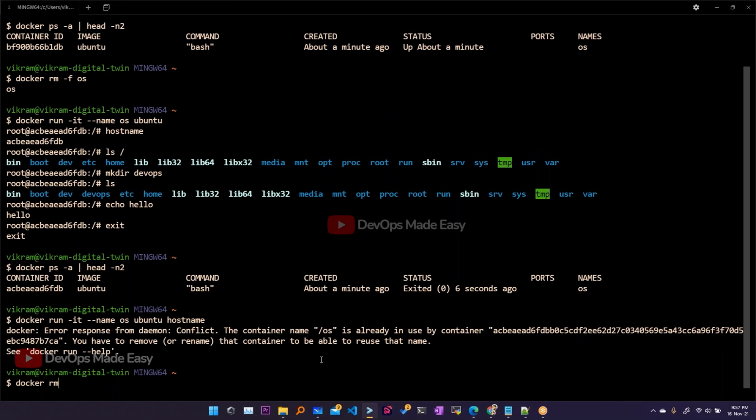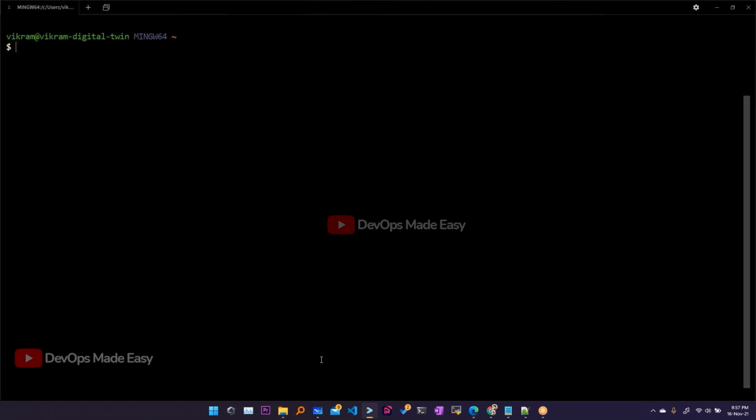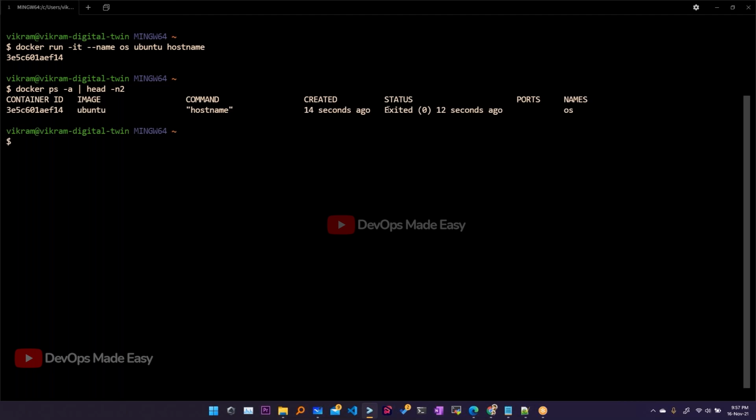So let us remove it. And then if I just do this, see here it printed the host name, right? And this process is completed. That means if I do docker ps -a, I should see that the container is in exited state. The host name is the name of the container. When the container is started, a particular host name will be injected, and that will be exactly equal to this name only. So this is about running a process.